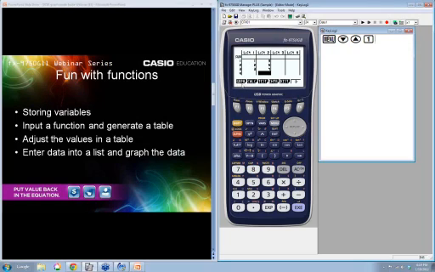So right here above F1 it says graph, and so we're going to press that, and we're going to press it a second time because there's lots of different options that we'll talk about in a future webcast or webinar, but we want to graph 1, and that's what we have. So it looks linear to me. I'm not positive, but I'm going to press calculate. Because it looks linear, I'm going to press the X, and I want it in y equals mx plus b form, and there's my equation.